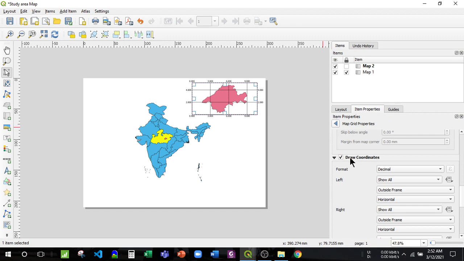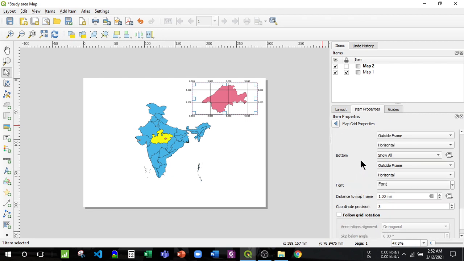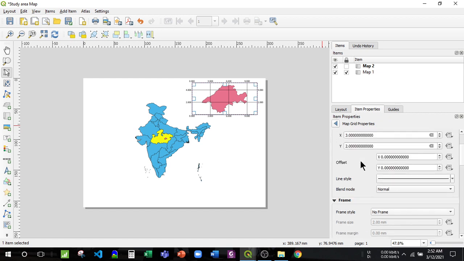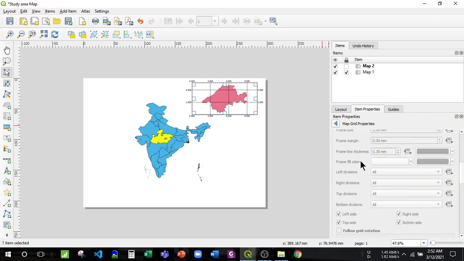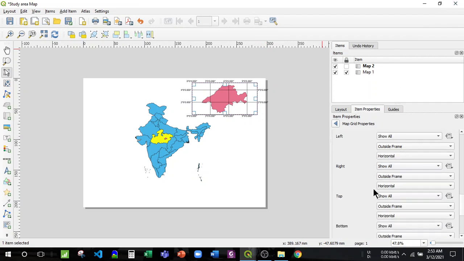Then I will add the coordinates. See, these coordinates are added over here, but we have to add the coordinates in degrees, minutes and seconds, and I have to remove the coordinates from the top and right side, the right extreme of the study area.